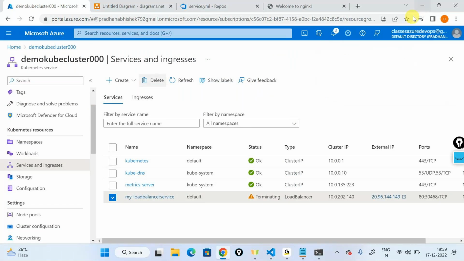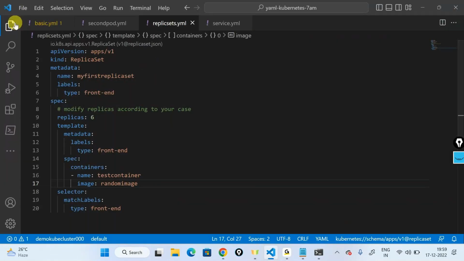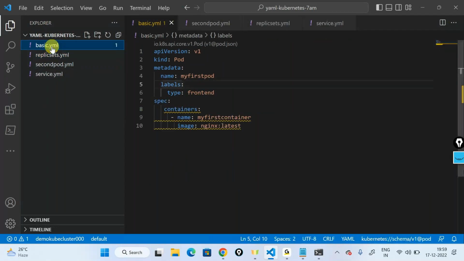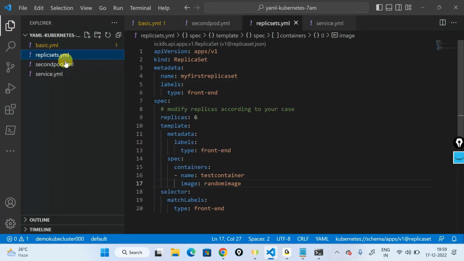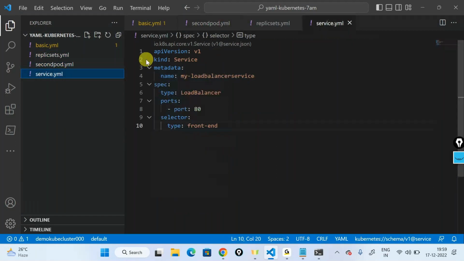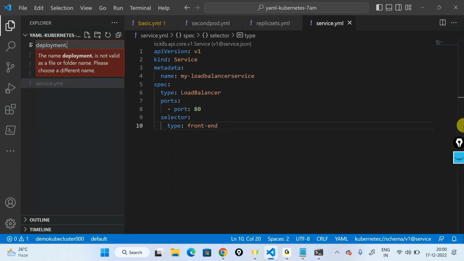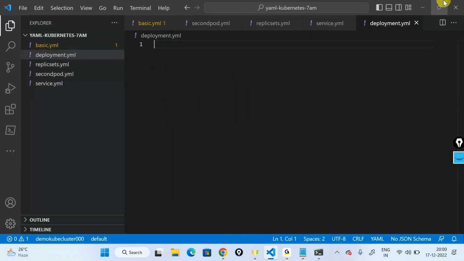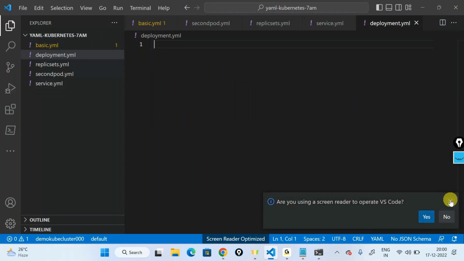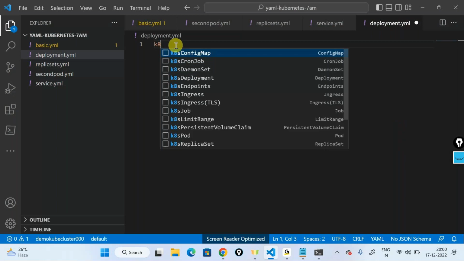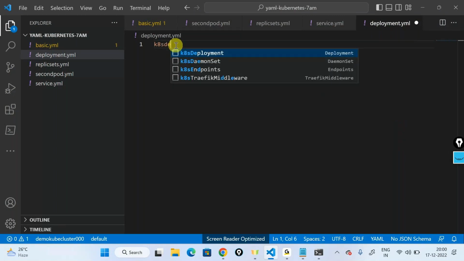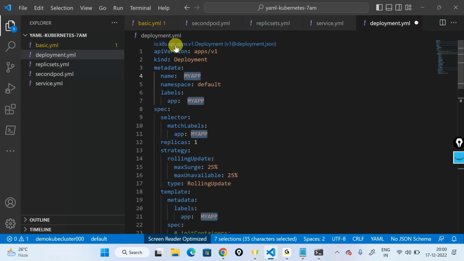When I say a deployment definition in Kubernetes, let's see what I need to do here. Again, this is the basic skeleton for a pod. Then we define what is a replica set. Forget about the second pod because this is an example. Then we had a service. All I'll do is now create deployment.yml. I'm creating something called a deployment definition. Either you can say cat deployment and press enter, or